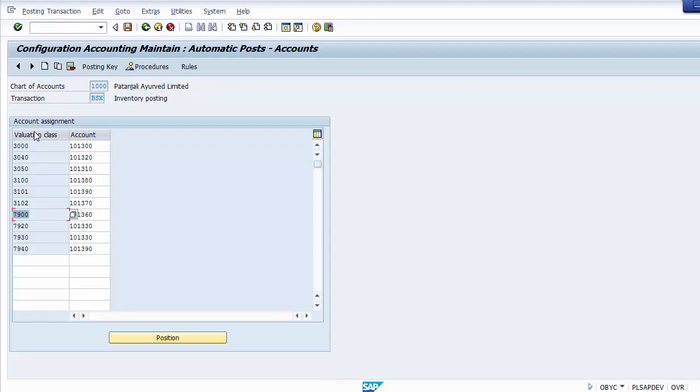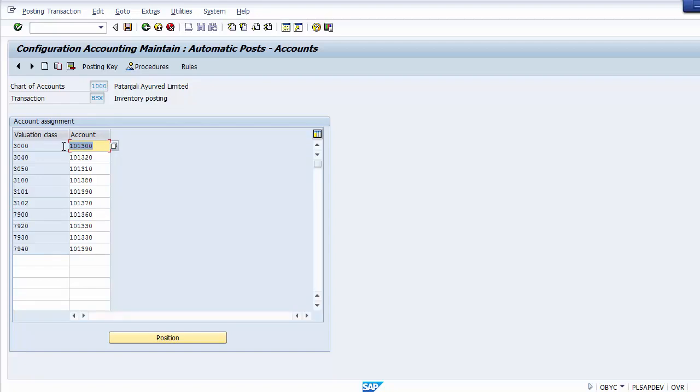This valuation class decides whether that particular material is a raw material, a semi-finished good or a finished good, and accordingly, depending upon the valuation class assigned to the material master, it decides which accounting GL will be impacted.